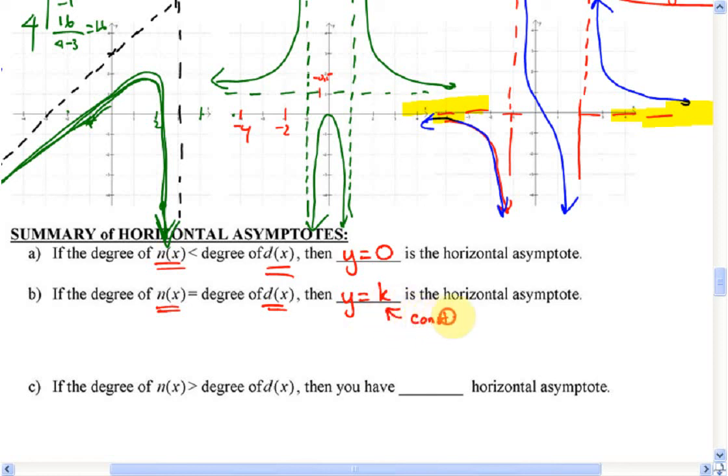And the last one is, yeah, you get infinity, but we don't say y equals infinity. That just looks weird. So we actually say you don't have an asymptote. Then you have no horizontal asymptote, because when you take the limit of that function, you'll get something equal to infinity, and we just don't know what that's going to be. So I think I'll leave you with that. And I believe on Wednesday,